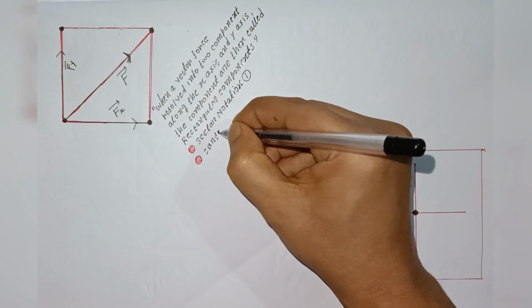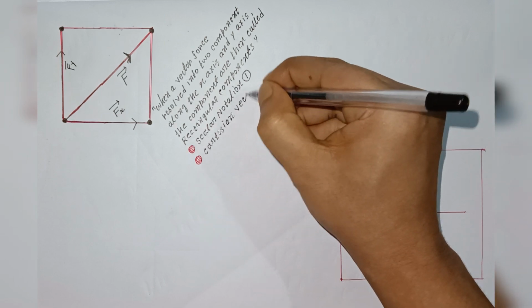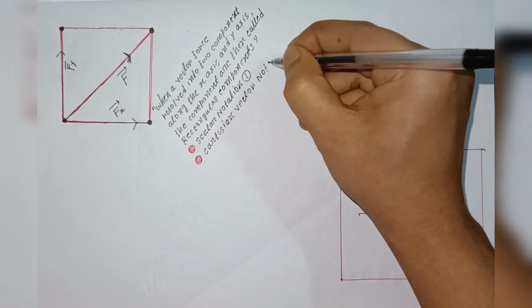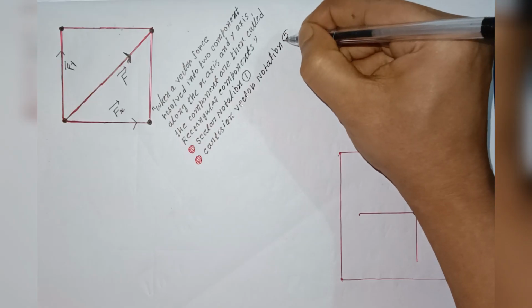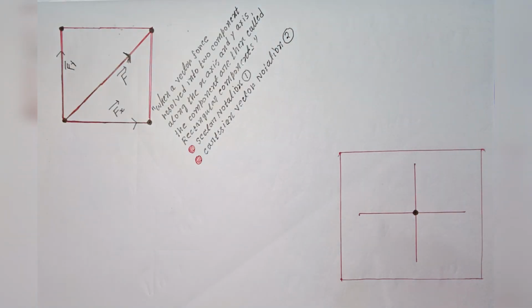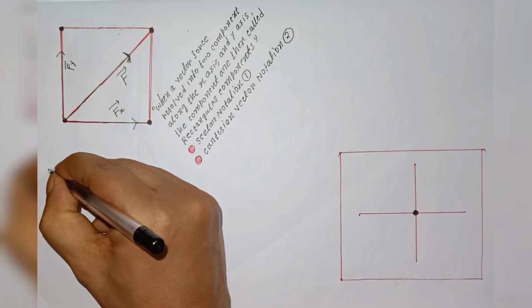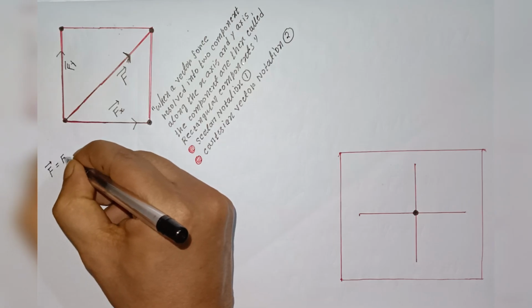At first, we will talk about scalar notation and then we will move to the very important Cartesian vector notation, which is our main hero. I hope you have understood everything till here. If I ask you, now can we write F vector equal to Fx vector plus Fy vector? You tell me, yes sir, we can write it.